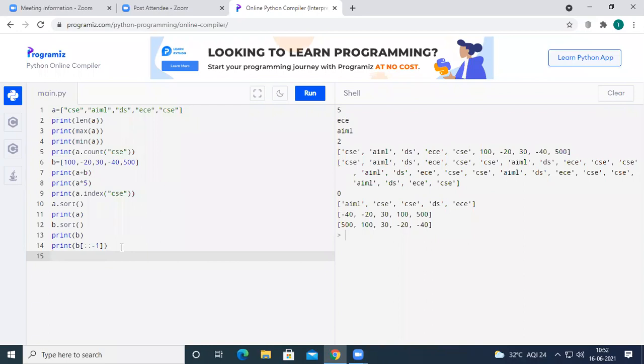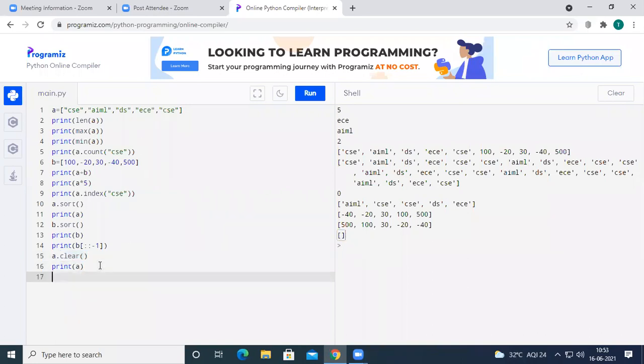For example, A dot clear, and then I want to print the list A. If I run the code, I am going to get an empty list. Initially, A is having CSC, AIML, DS, ECE, and CSC. If I call the clear function on the list A, the entire things are going to be deleted. So we are going to get an empty list here.